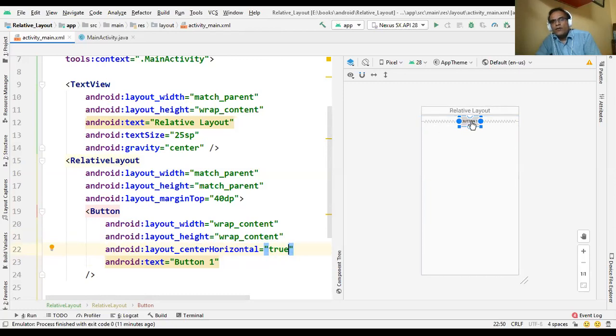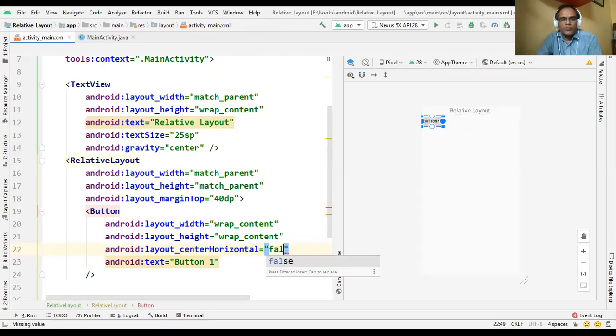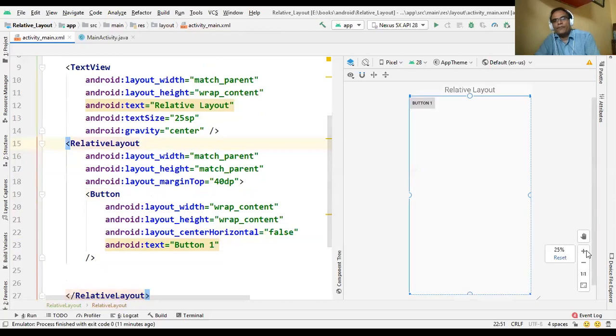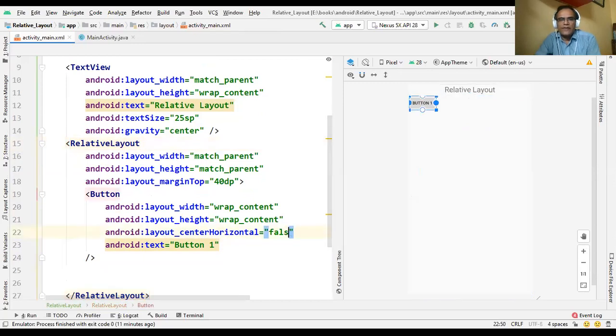And if we assign the false value, you can see there is no meaning, so by default it is placed at the top left position. I hope you understand. There is no meaning of false, so that is why we use true.